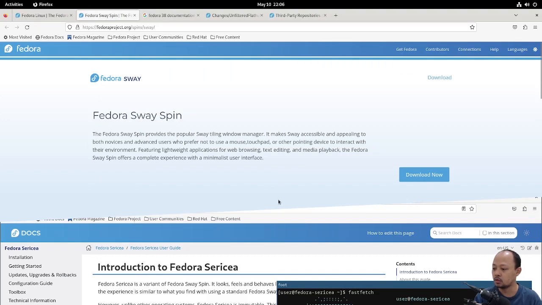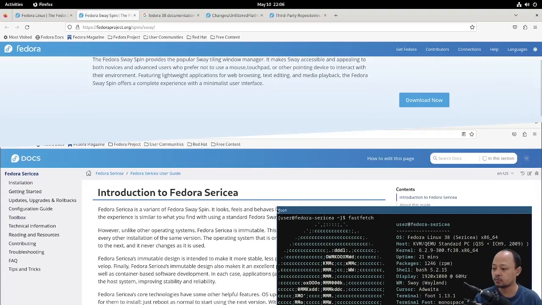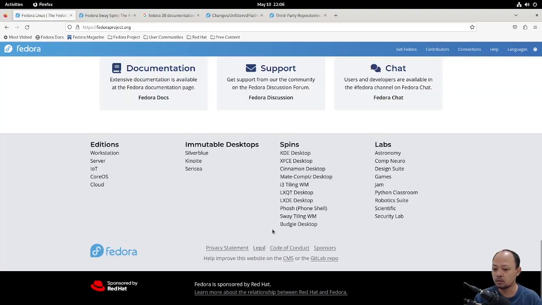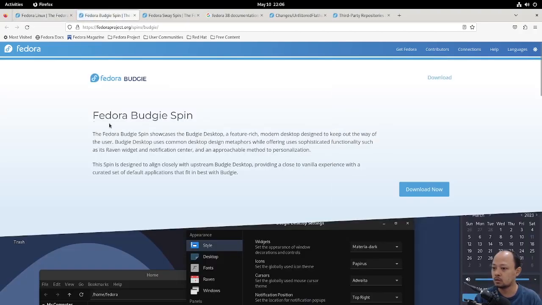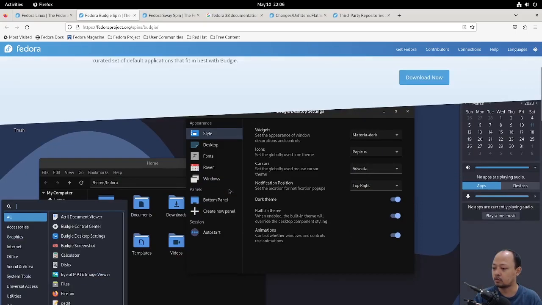Sway Window Manager is an alternative to i3 Window Manager with good Wayland support. And then Budgie Desktop is a new kind of desktop environment for me. I never use that because GNOME is enough for me. If you have some experience with the Budgie desktop environment, you can share in the comment below.